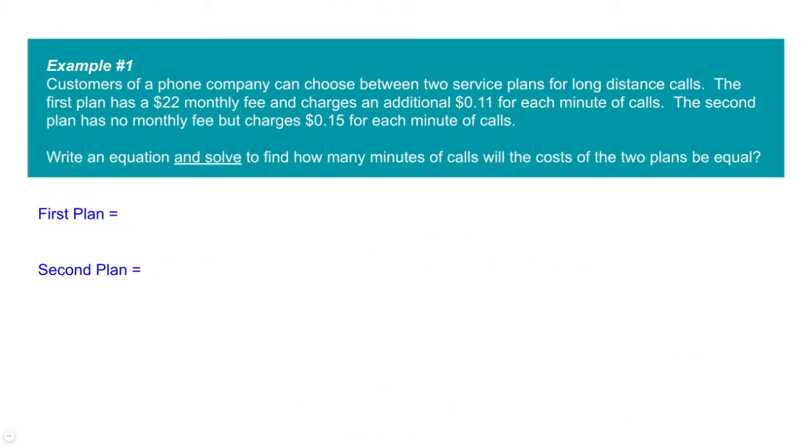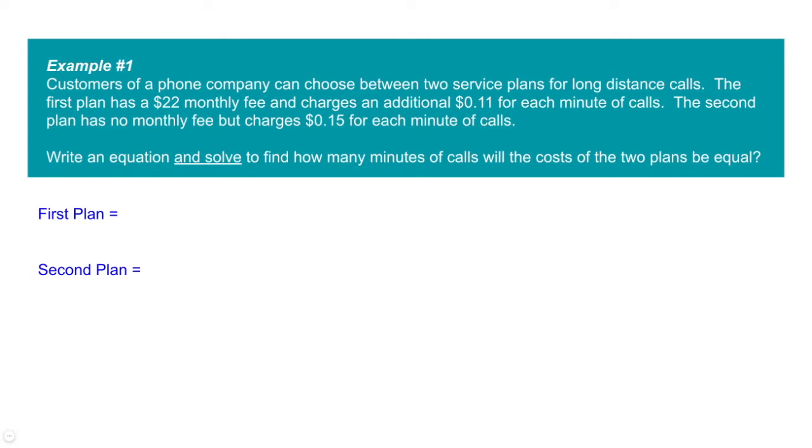Example 1. Customers of a phone company can choose between two service plans for long-distance calls. The first plan has a $22 monthly fee and charges an additional 11 cents for each minute of calls. The second plan has no monthly fee but charges 15 cents for each minute of calls. So write an equation and solve to find how many minutes of calls will make the cost for the two plans